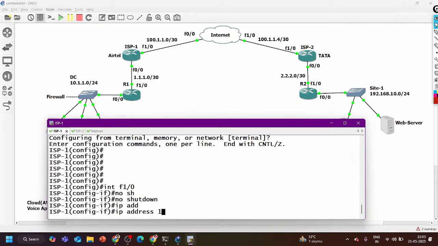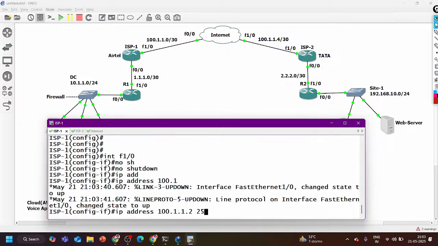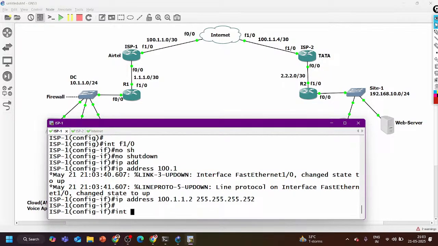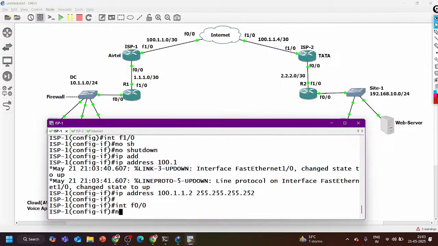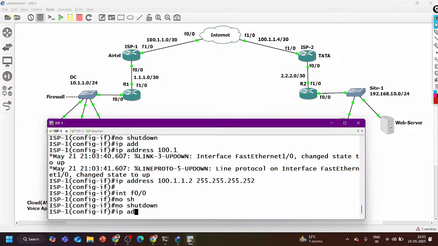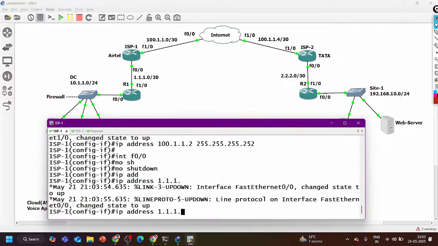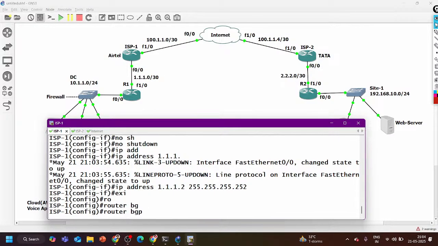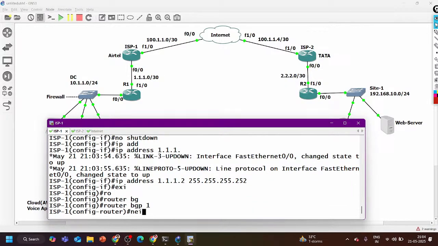What will be the IP? 100.1.1.2 255.255.255.252, and interface F0/0, no shut, and IP address 1.1.1.2 255.255.255.252, and router BGP AS number 1, and neighbor